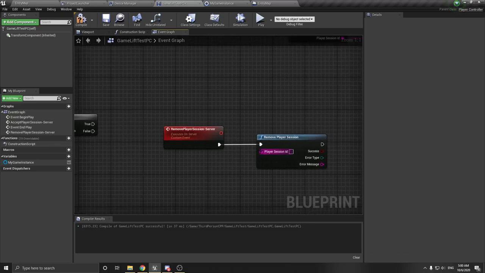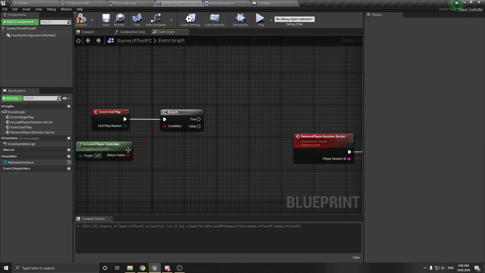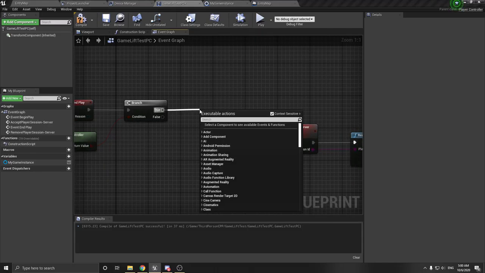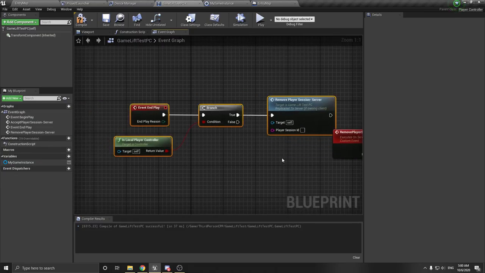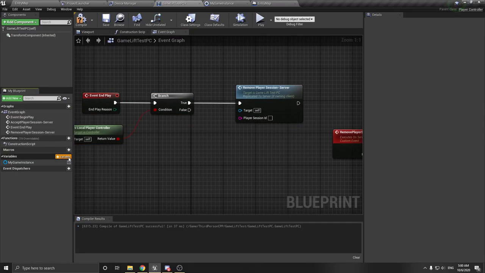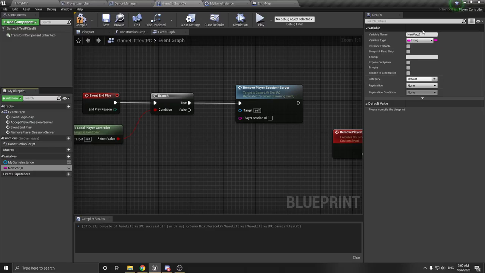And then we're going to set the input for the player session ID. So right here, after the if my player controller is the local player controller, I'm going to do the Remove Player Session dash Server. So actually we have to make a variable. The variable is going to be string type, and the name is going to be the Player Session ID, and make sure the replication is replicated,